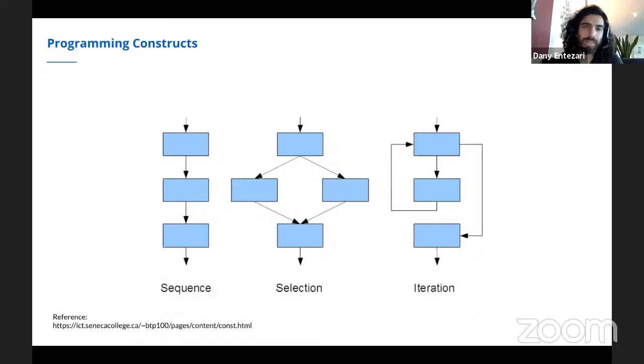Those posts are connected to some kind of data structure, like the rows and columns that you see in an Excel document. So there are programming constructs to also facilitate these iterative processes in an algorithm.